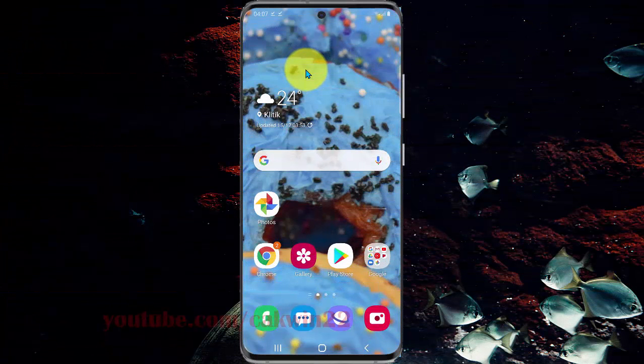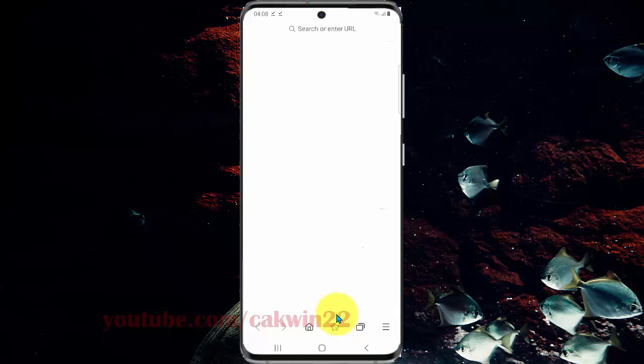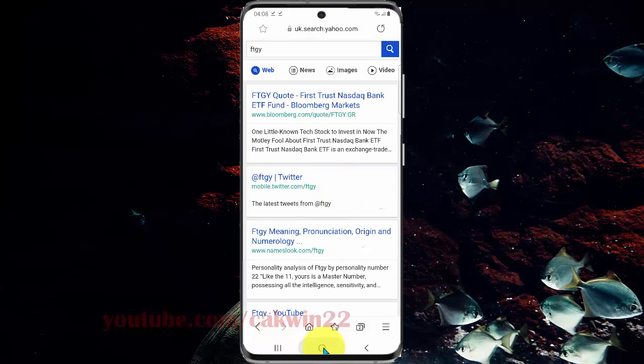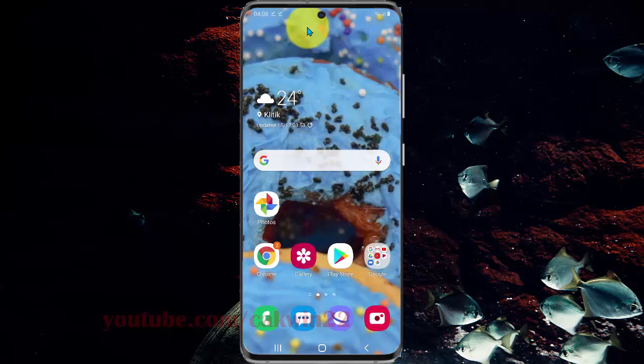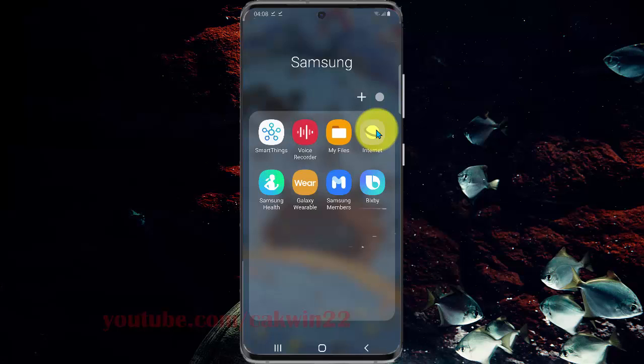To enable ask before starting download in Samsung Internet, Samsung Galaxy S20, open Samsung Internet app. If you use default tab, you can open from home screen, tap Samsung Internet icon, or from app screen, swipe up or to home screen to access the app screen, and then tap Samsung folder, tap Internet,